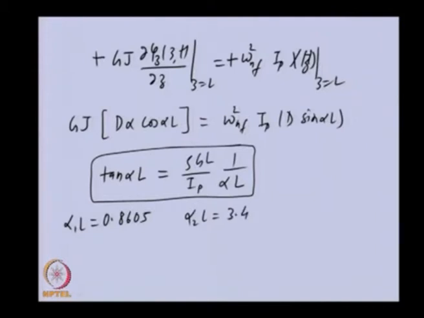But we will have an infinite number of solutions. The first three solutions are these. Once we obtain this, because alpha and omega NF are related, the natural frequency can be obtained. But you can appreciate that with the addition of the mass itself, the frequency equation which was earlier simpler has now become a transcendental equation, and the solution of those roots is not easy now.